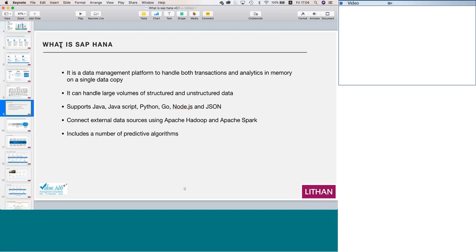Kalpesh, I don't know what you're writing here. cal.sap.com, I don't know what that is. Cloud library, yeah. I'm not able to read chat. It's there on my screen.